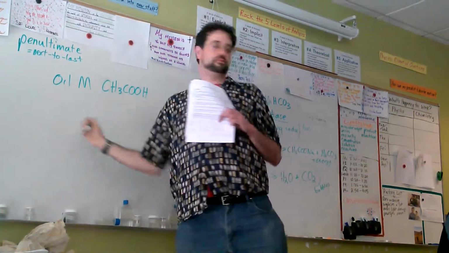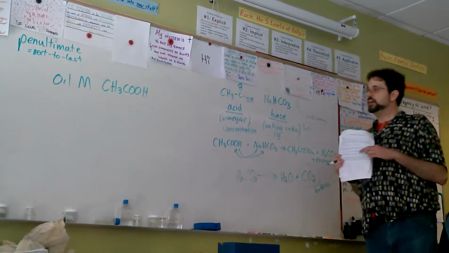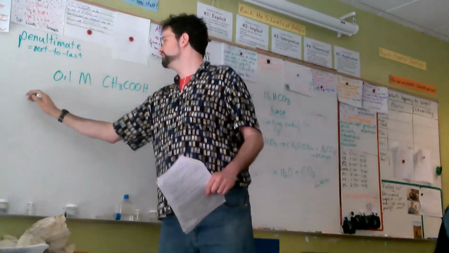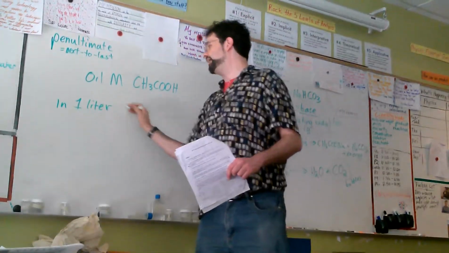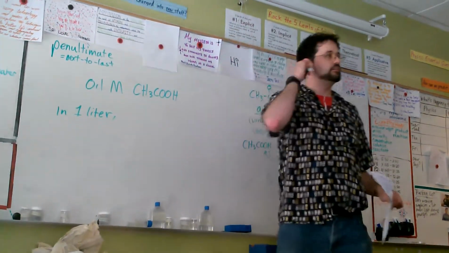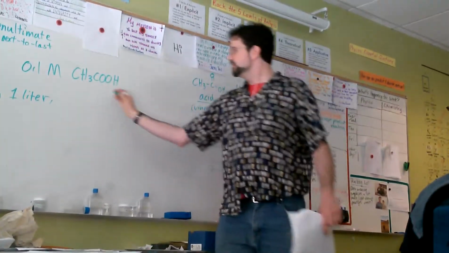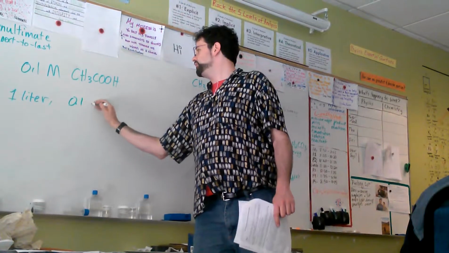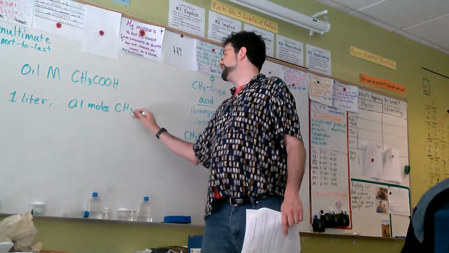Let's say I have a 0.1 molar solution of that acid. If I have 1 liter of that acid, then the number of moles that I have is the same as the molarity. So I would have 0.1 moles of acetic acid